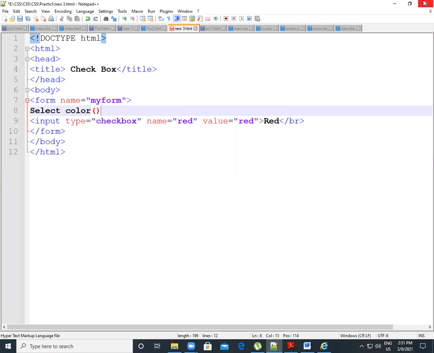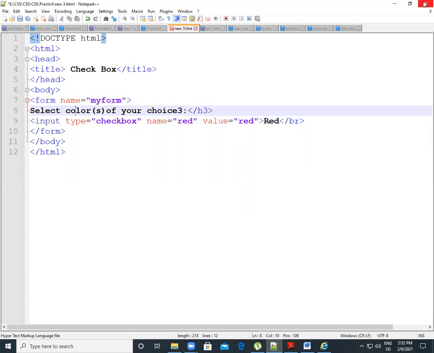Select colors of your choice. Correct. You give some choice to the user.